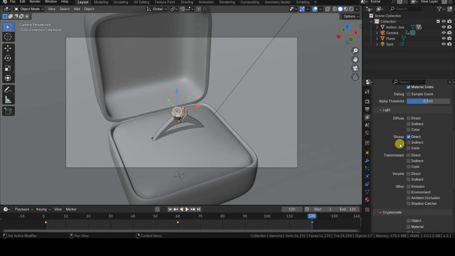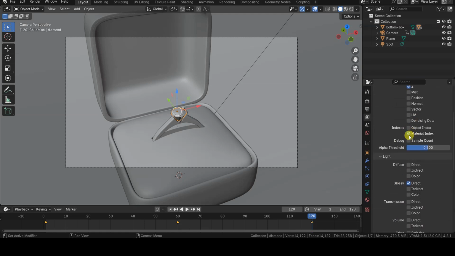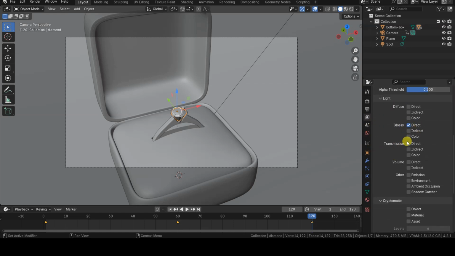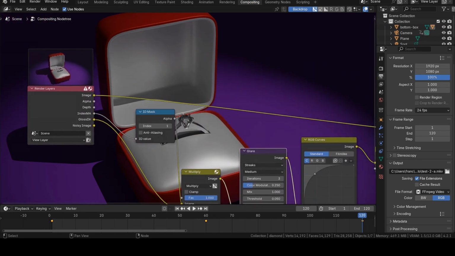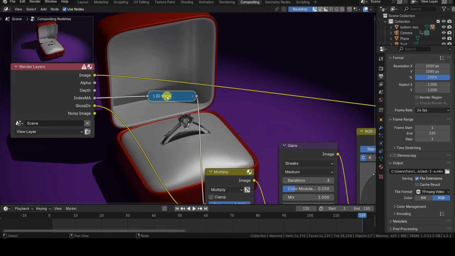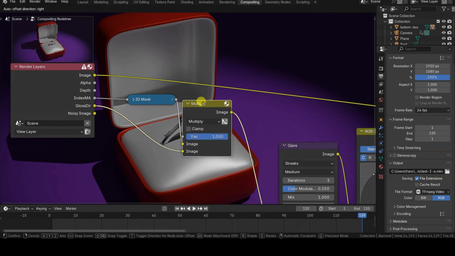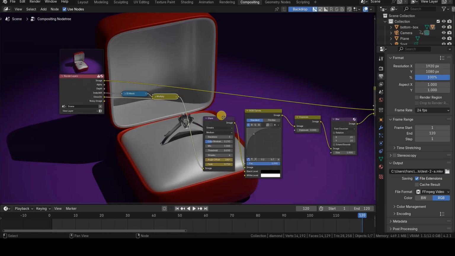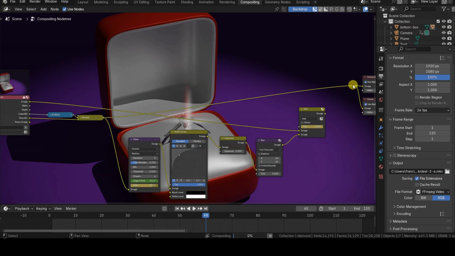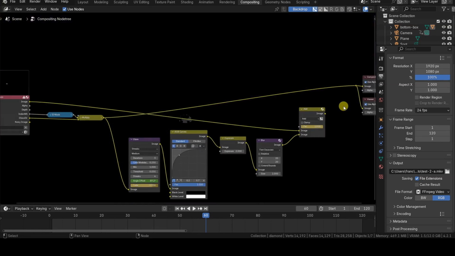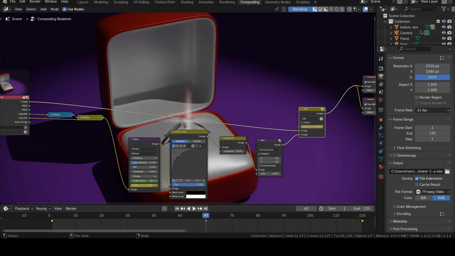Then, I enable both the material index render pass and the glossy direct render pass before rendering and moving on to the compositing stage. In the compositing node editor, I retrieve the diamond's mask using an index object node set to 1, connected to the material index information. I then multiply this mask by the glossy direct information, isolating only the glossy reflections of the diamond.